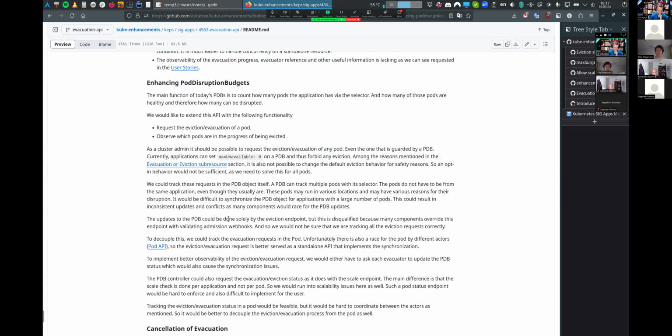One thing we saw is that some people use these webhooks for the eviction as an aspect-oriented approach.